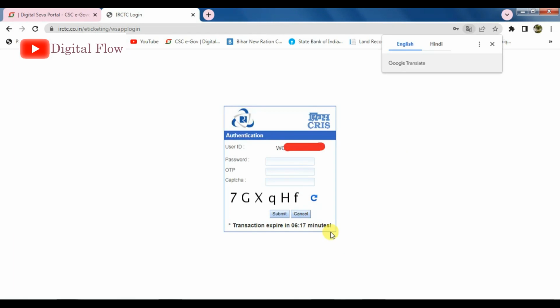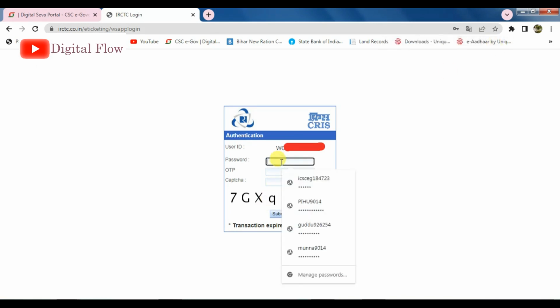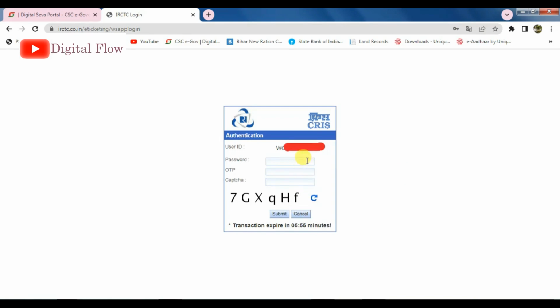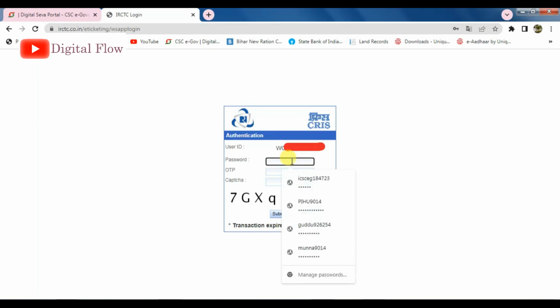So here a new process has been added for CSC VLE. What is the process? Here is the user ID. It is the new user ID for every CSC VLE. The old ID we cannot use here, and the password here is the same. You have to put the old password which you were using for the earlier IRCTC website. Then you have to put the OTP you will get on the registered mobile.